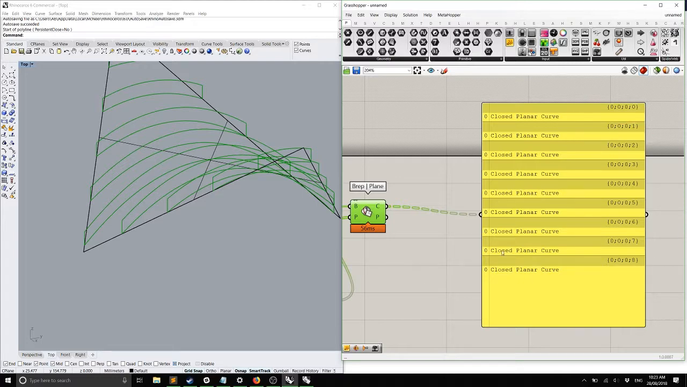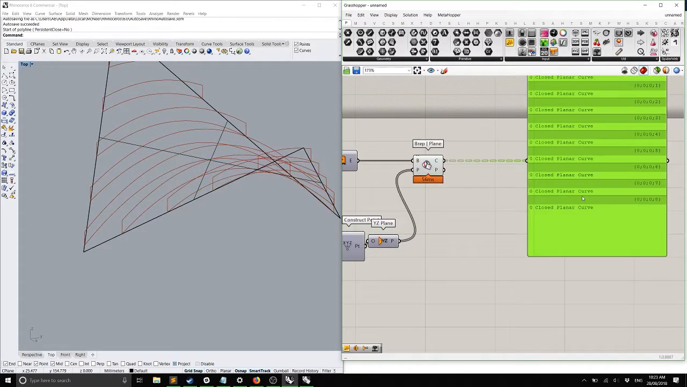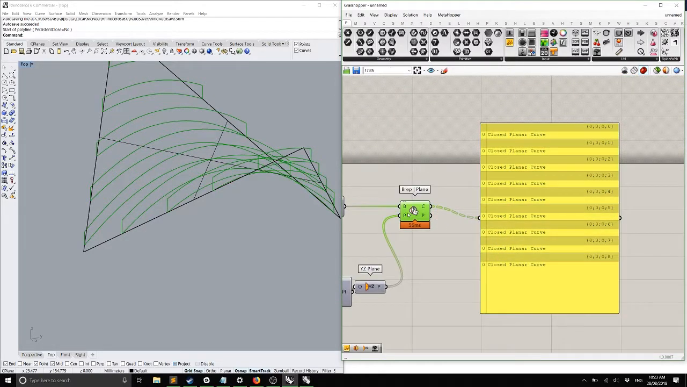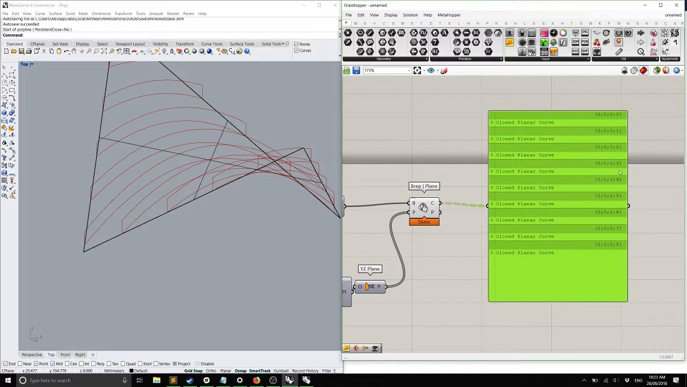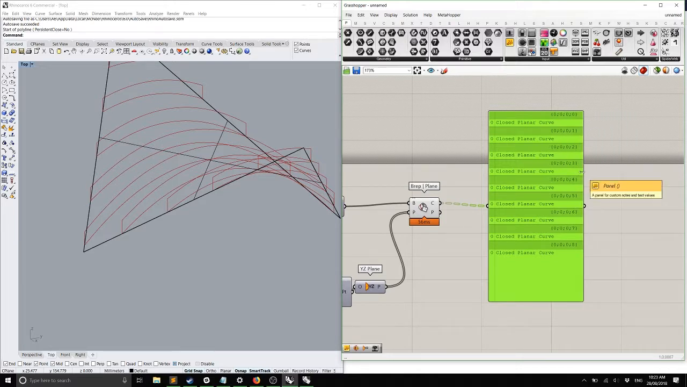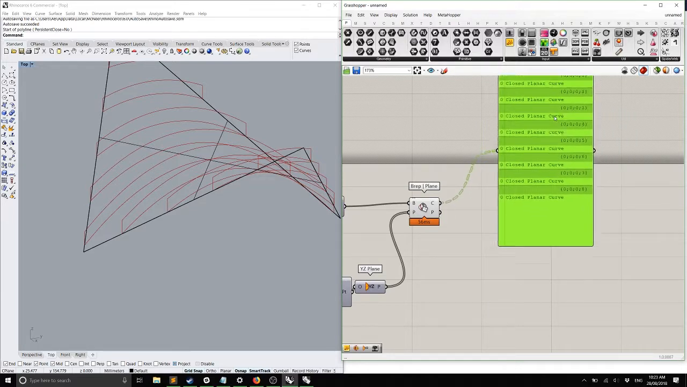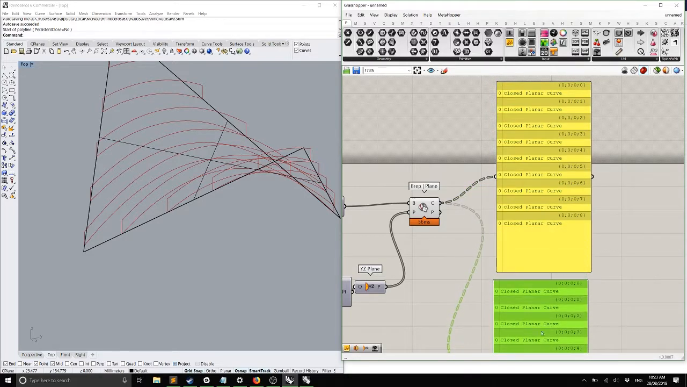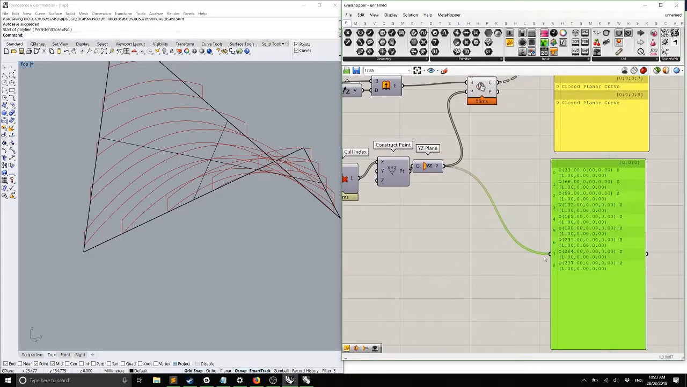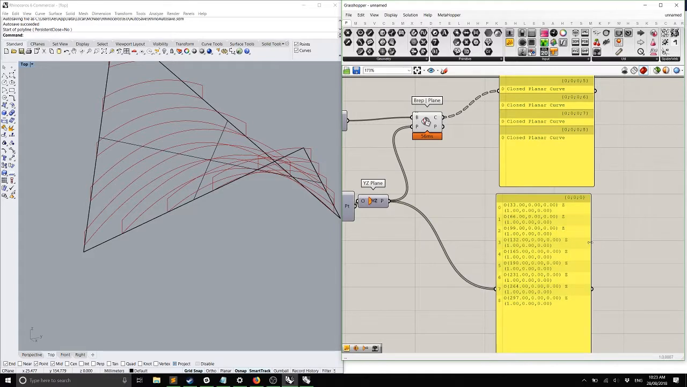But let's have a look. We've got our B-rep plane intersection here. You guys are going to realize exactly why I explained all of this just now. So we've got our curves. Now, if we look at our planes,